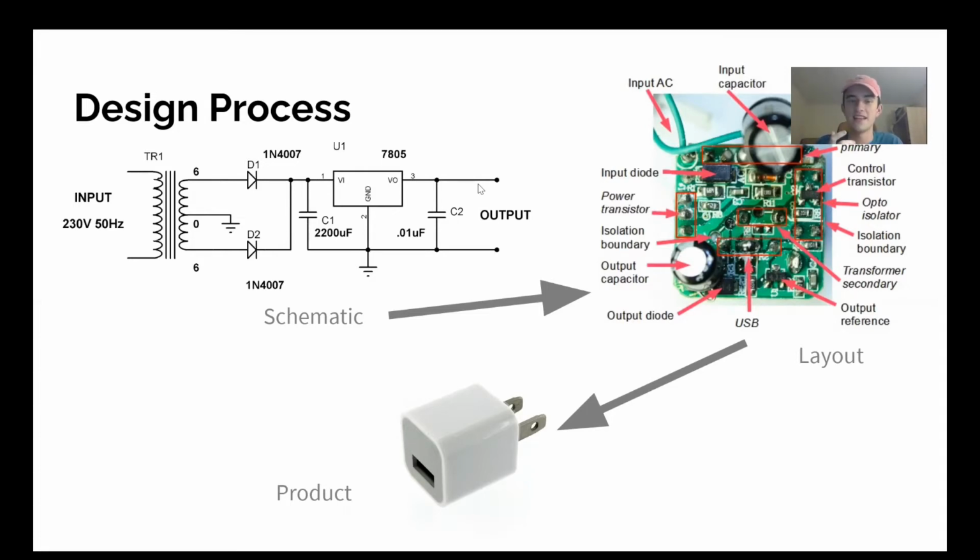And then finally, the last step of the design process is your product. And that is basically taking the layout that you've created, which can often look extremely complicated or confusing, and putting it into a product that a person or a certain user group can use efficiently and effectively, and it's just easy to use overall. So an example of this is your standard plug that you can see right here